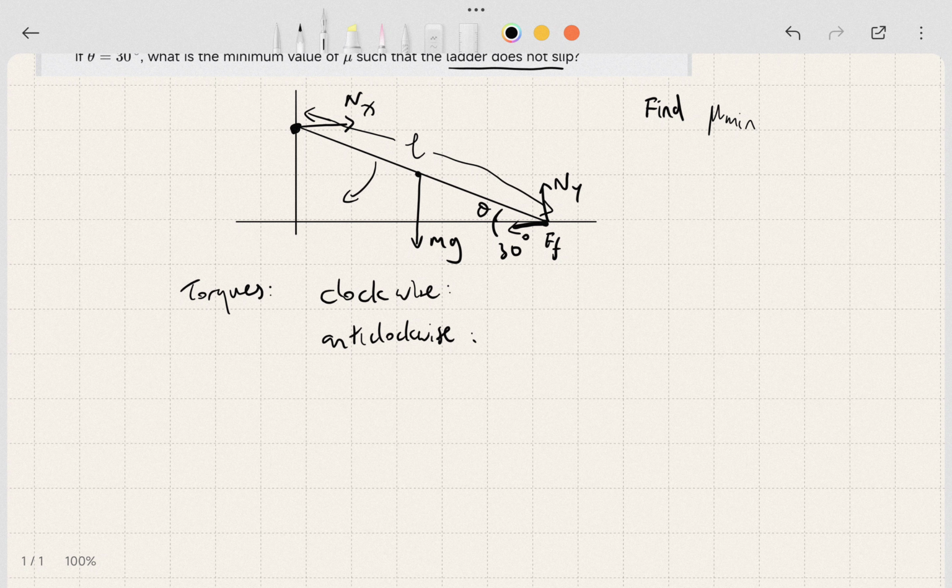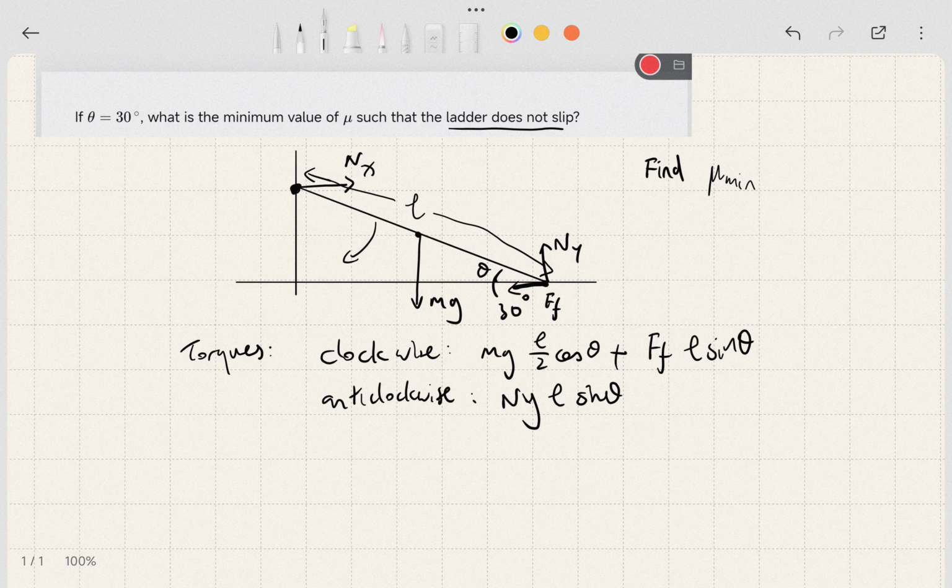So the weight force gives mg times half L cos theta, plus the moment provided by the frictional force, which is Ff times L sine theta, and the anti-clockwise torque is provided by the normal reaction force Ny, so that would be Ny times L sine theta. And so if you want to find what mu is,